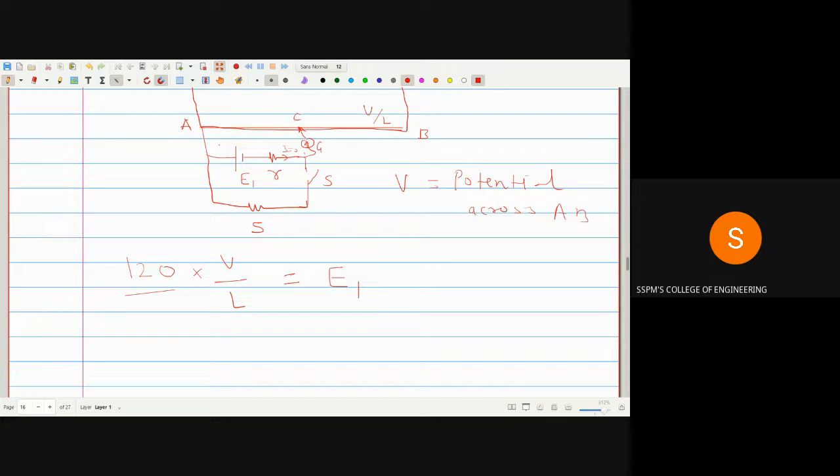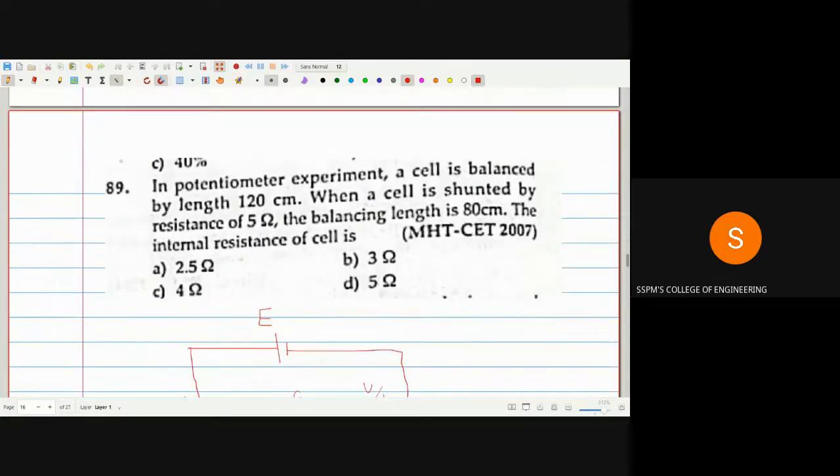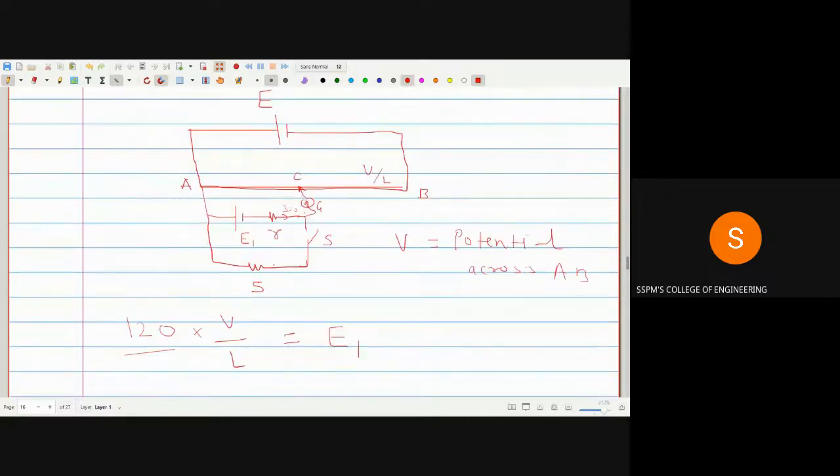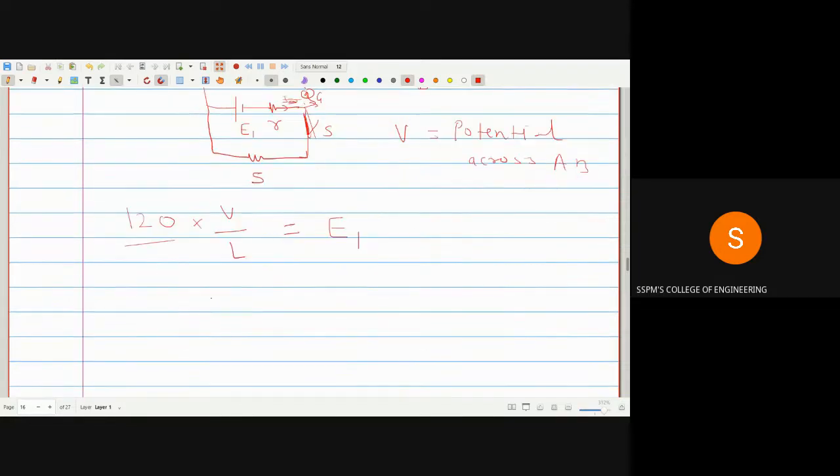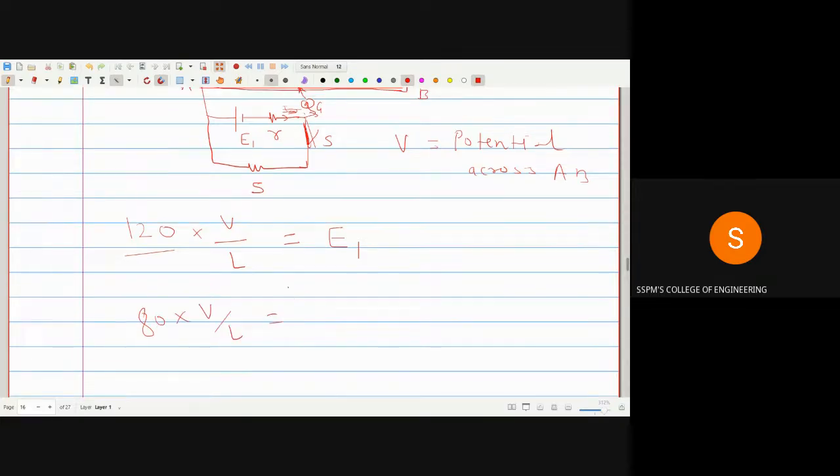आता सेकंड केस मध्ये काय केलेलं आहे? In the second case, the resistance R of 5 ohm value is connected to cell E1, isn't it? आता इथे करंट 0 असेल, नल पॉइंट तुम्हाला मिळालेला आहे, 80 ला मिळतो. नल पॉइंट कुठे मिळाला? 80 ला मिळालेला आहे, इंटू पोटेन्शियल ग्रेडियंट इज इक्वल टू, आता पोटेन्शियल इथे किती असणार बघा